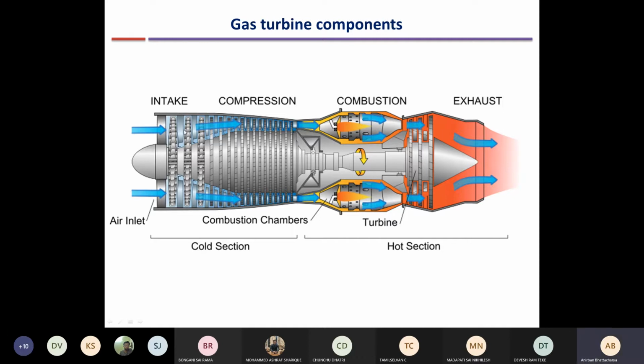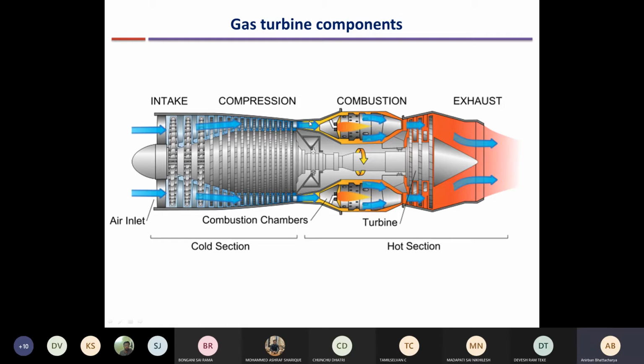Enthalpy means static enthalpy. Total enthalpy remains constant. Means the pressure and temperature increase, you can see. So again it passes through the second rotor stage, again the velocity increases, again it passes through the second stator stage, again the pressure and temperature increase further, and this keeps on and it passes through multiple rotor and stator stages until the air comes out